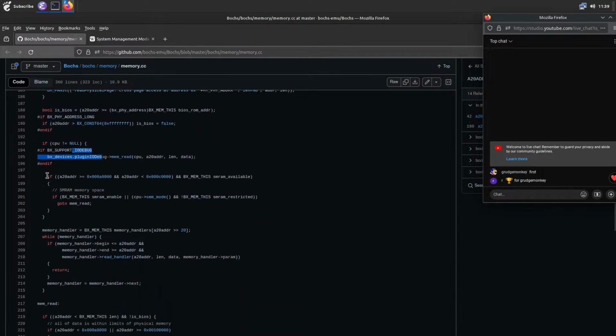And then we look to see if the address is above whatever this number is. We've got an A right in the center here. And then between this A and C, and bxmem this smram available, then I guess we're in SMRAM memory space. And if we've enabled SMRAM, or